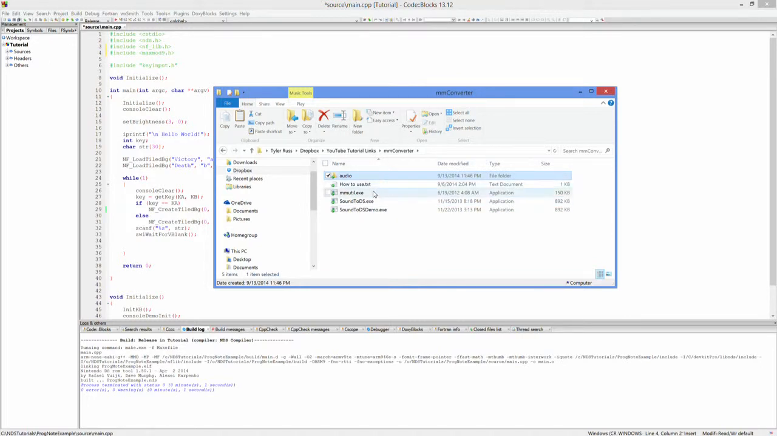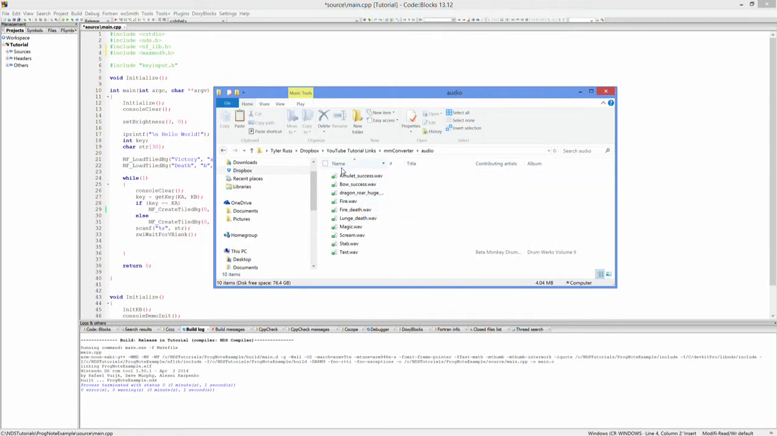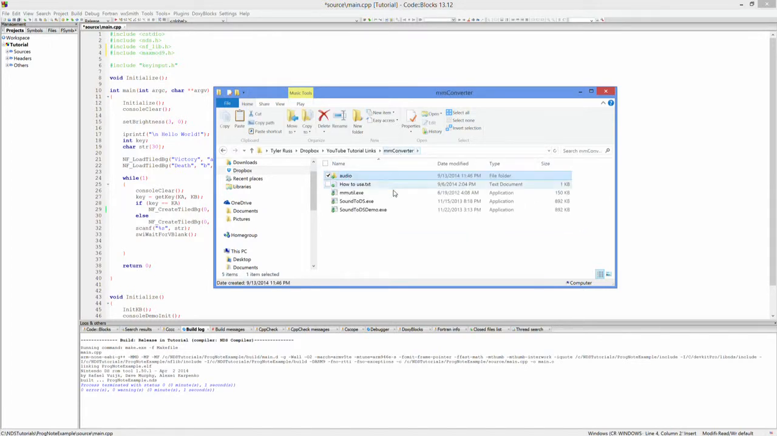So anyways, the way this is set up is you basically, in this audio folder, you drop in all of the WAV files for all your sound effects, and you will run this sound to ds.exe. You want to make sure that wherever this exe program is, in the same folder should be mmutil.exe and an audio folder. So if I run this right now,